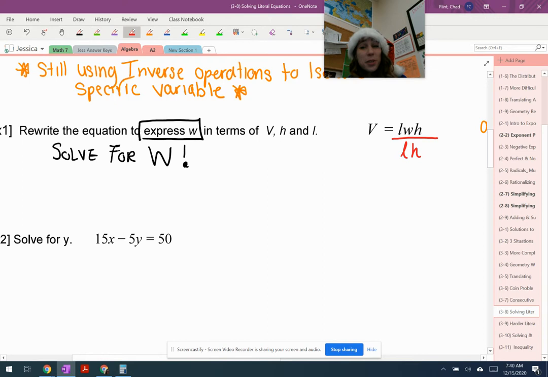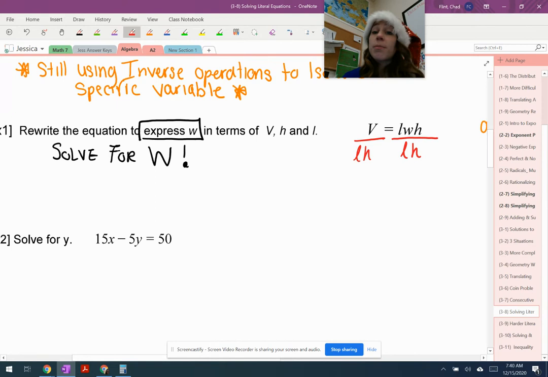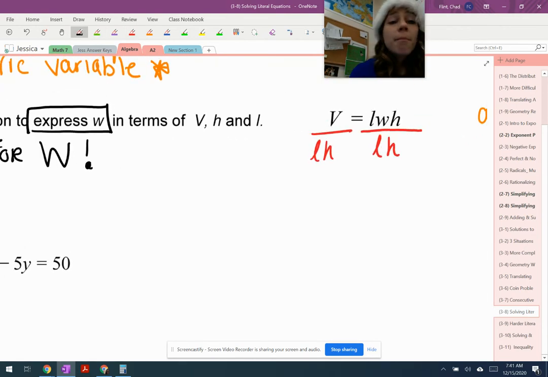And this might seem really weird that I can do that both at the same time, but since the L and the H are both being multiplied by the W, I can do it at the same time. And whatever I do to one side of the equation, I have to do to the other in order to keep that equation balanced. So, and this is what I mean by less math. Instead of having to jump to your calculator and type some math in there for dividing, we just have these variables. And I cannot divide V by L and H if I have no idea what V, L, or H are. But I do know that over on this side of my equation,